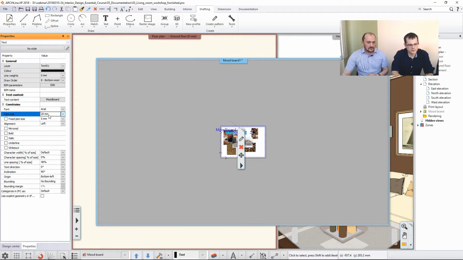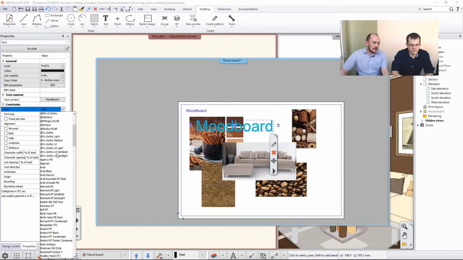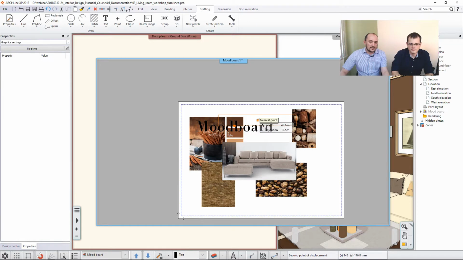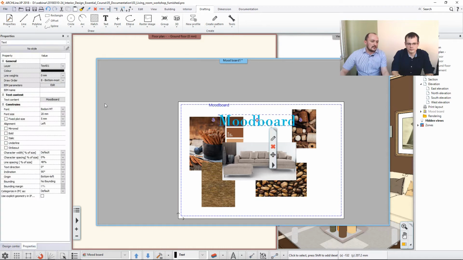I think I will use 20 millimeters. It's much better. And I just zoom in. I can also change the font if I want to change it to anything else. And then I can also move this text around. And a very important thing is that now it's not coming up that much because the text is overlapping the